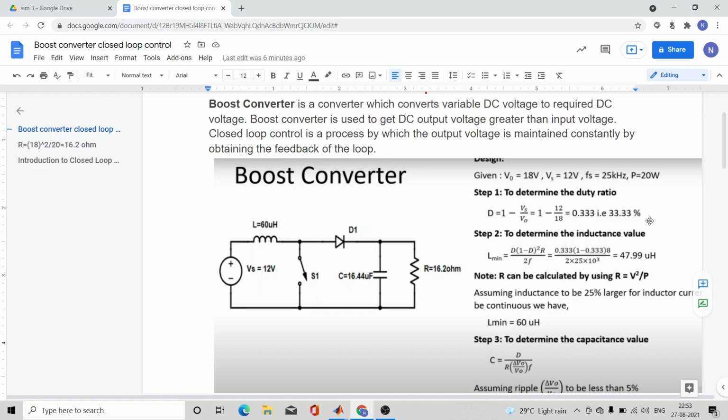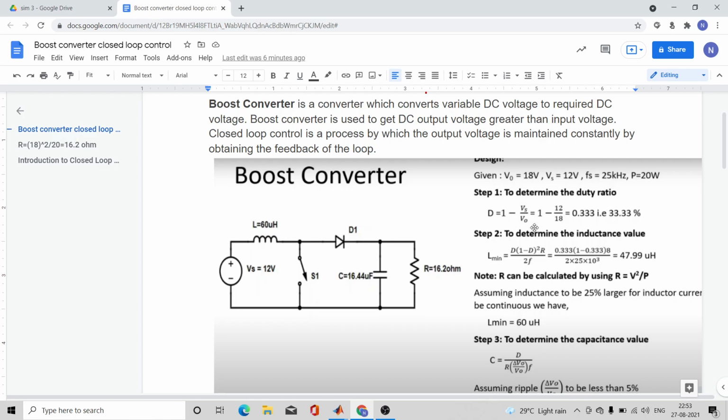You must be knowing the formula for duty cycle, T on upon T on plus T off, or T on upon total time. So how you want your gate signals to turn on and turn off will decide how much output you will get.